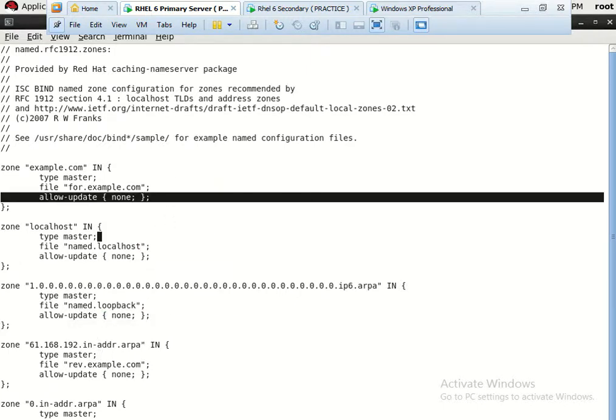Let us check again whether everything is correct or not. Yeah, example.com master, forward.example.com, 192.168.61. Everything is okay here.